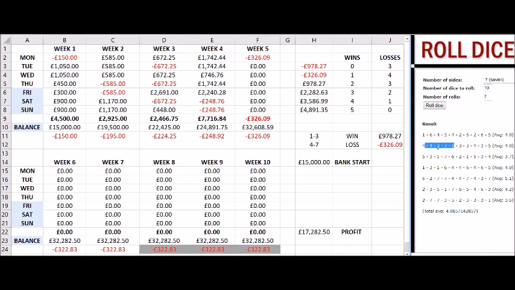Okay, so we've started off with 2 losing days. 1, 2, 3, 4, 5. 2 wins, 978.27. So the beauty of a high reward to risk ratio strategy is that especially when your account really starts scaling up,